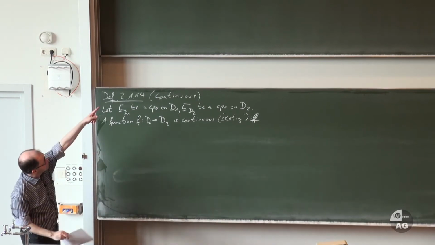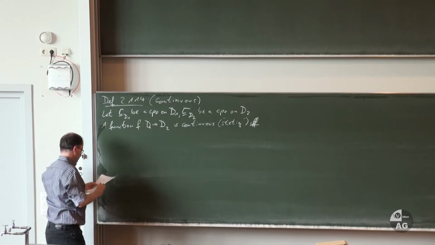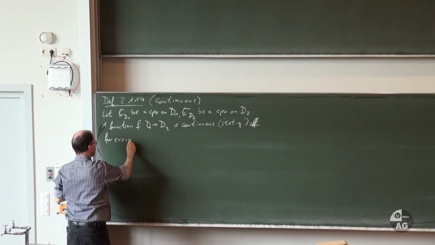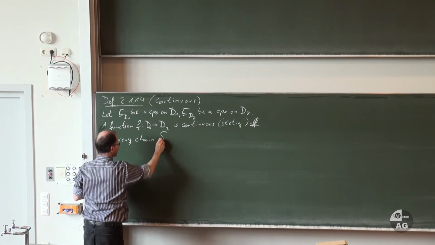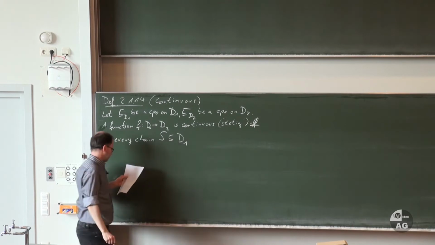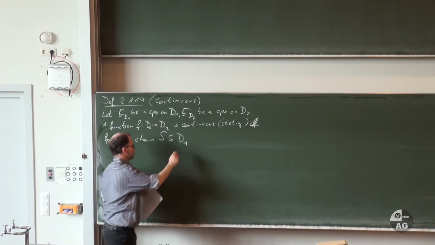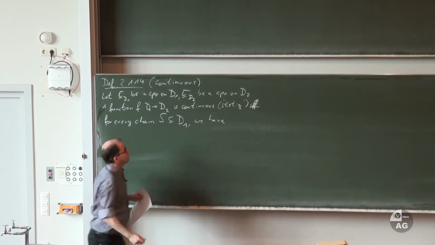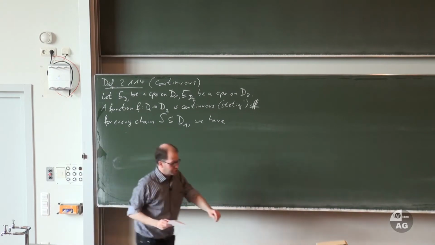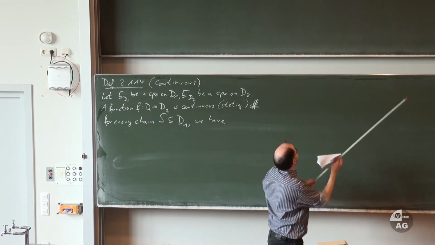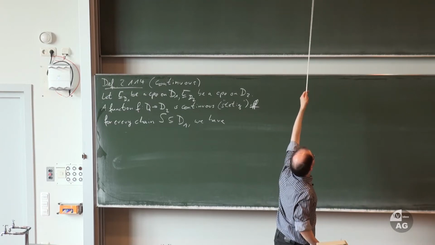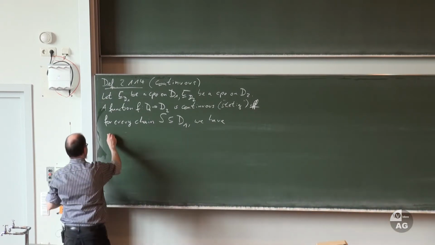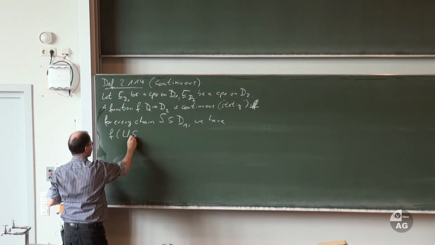For every chain, so a chain like this, d1, d2, d3, and so on, if for every chain S from d1 we have the following. If I apply f to the least upper bound of the chain, so d1, d2, d3 is the chain, and d is the least upper bound of the chain. So if I apply f to the least upper bound of the chain,